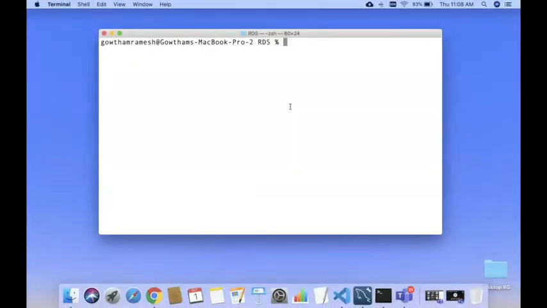Go back to the command line utility where you have the program, and execute it: node space program name. The response statement clearly says it is connected to the RDS.